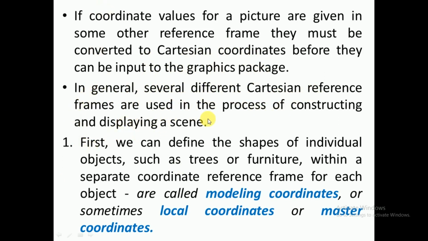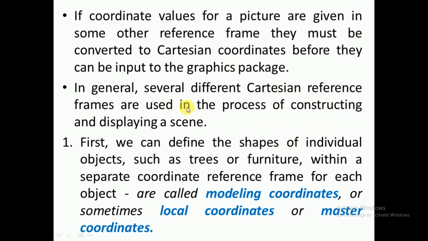That's why I don't know what the cursor position is, or what the x and y is at a point on the monitor. I don't know the exact value at this point, but I want to draw an object from here to here. How is that possible? I will give input in my own format, then my computer graphics package has to convert it to its format, and then display it properly.